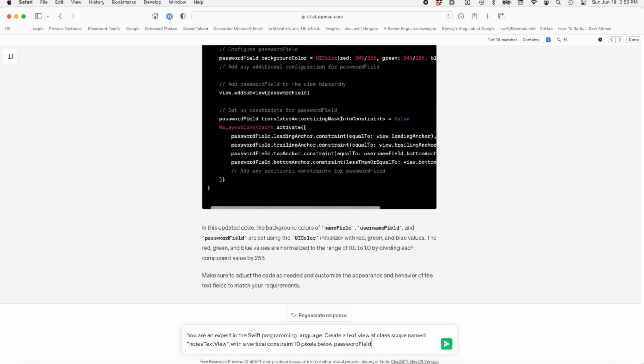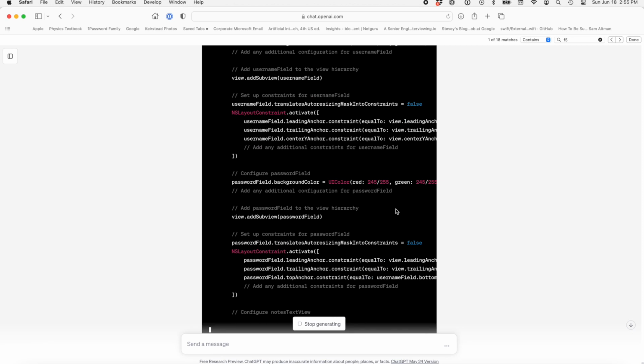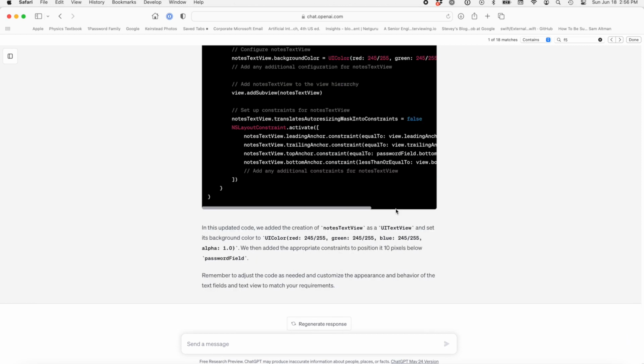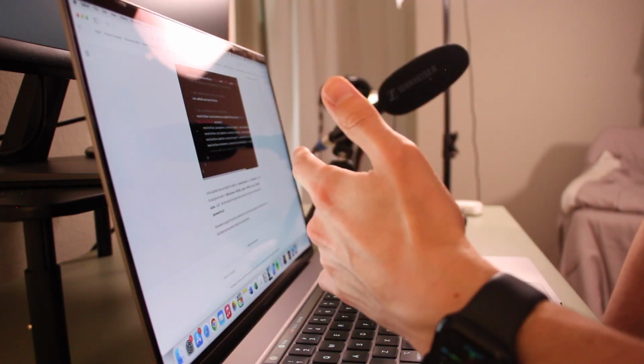I'm just going to keep reaffirming that ChatGPT is an expert in the Swift programming language. Oh, wow. Okay, I was about to say I forgot to tell it to set the background color to be the F5, F5, F5 value, and I was like, I'm going to have to go back and do this again manually. But it says, in this updated code, we added the creation of notesTextView as a UITextView and set its background color to UIColor, and then that whole thing, that's actually the same color as